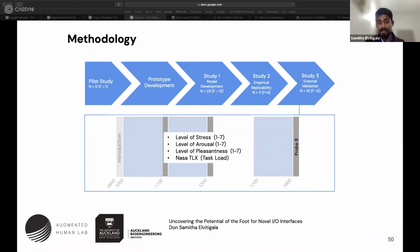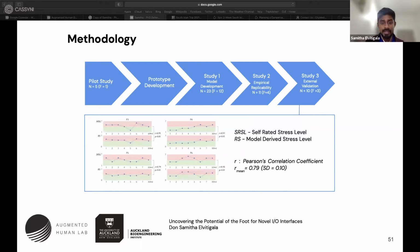So after completing each hour, a reminder was sent to answer the same questions that I asked in previous studies. The results showed a significant correlation between self-rated stress levels and the model-derived stress levels. So from this series of studies, I developed the model, validated the generalizability, and finally tested the robustness of the